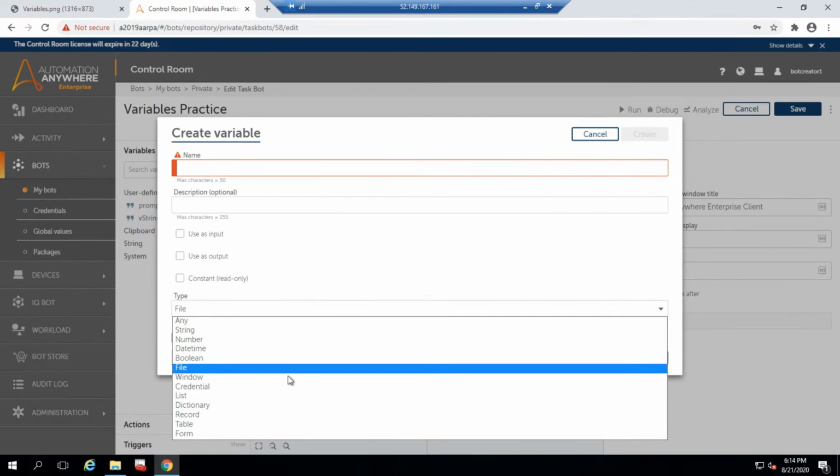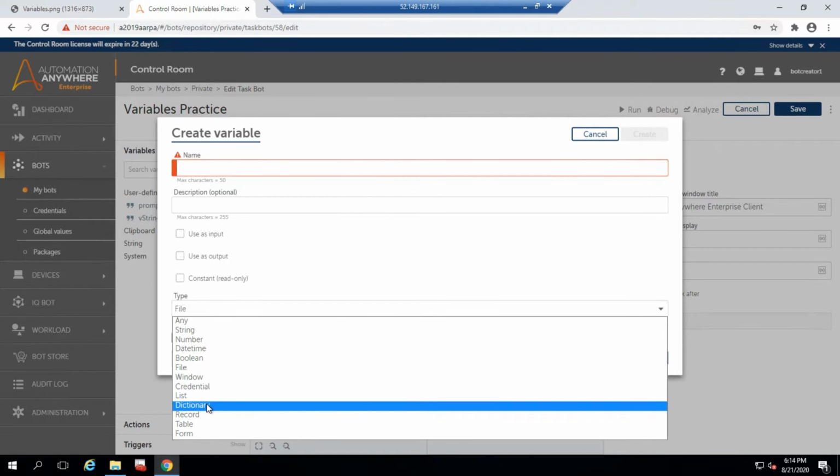And dictionary will be something interesting. We are going to use the dictionary variable when we call a subtask. When the subtask is completed, that result will be stored in a dictionary variable, and the result can be accessed in the main task by using a key and value pair. So you give a specific key, whatever the variable name which you have called in a particular subtask, then you will get the value here in the main task.